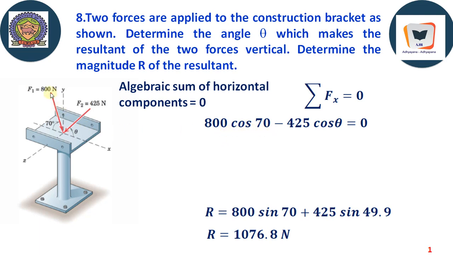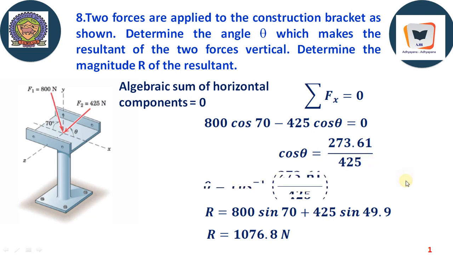800 cos 70, it is acting like this, which is positive. On the other hand, 425 cos theta, theta is unknown, is acting like this because looking into the arrow the direction of the force will be like this. Therefore 425 cos theta, and we will get cos theta equal to 273.61 divided by 425, and theta amounts to cos inverse of 273.61 by 425, 49.9 degree, and this is 49.9